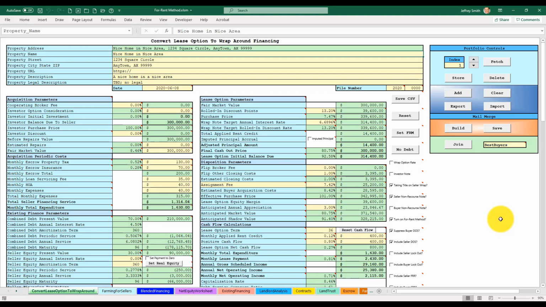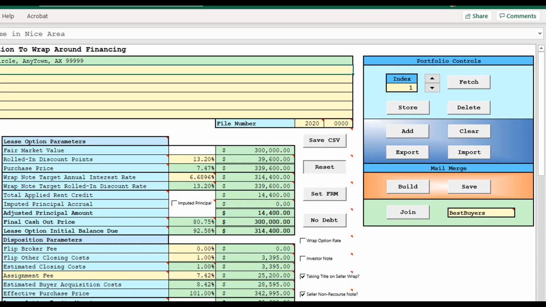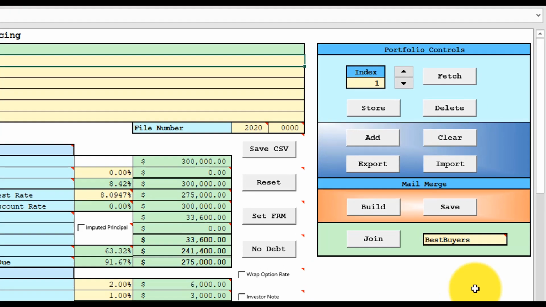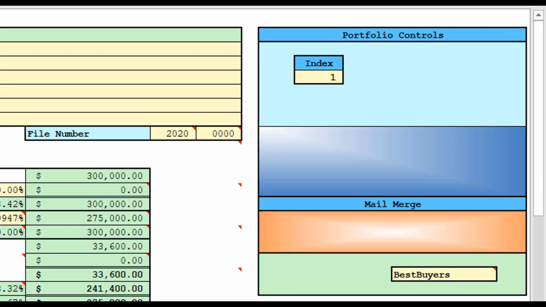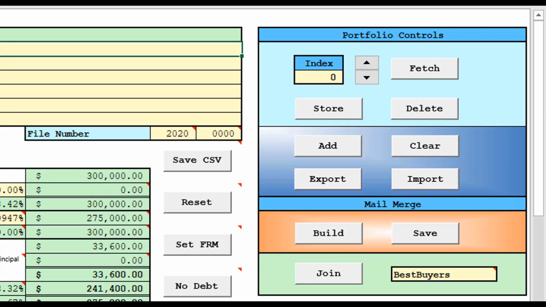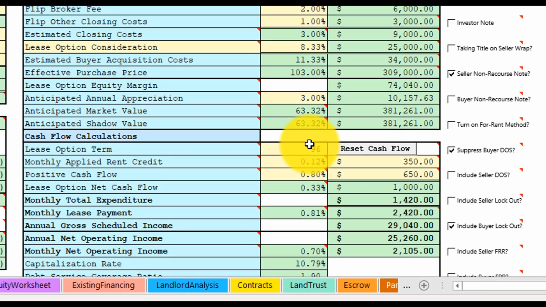So we start with the spreadsheet. Let's reset it to its initial state. And then we will go to the portfolio controls and clear it, starting fresh. And now we've specified the fair market value is $300,000.